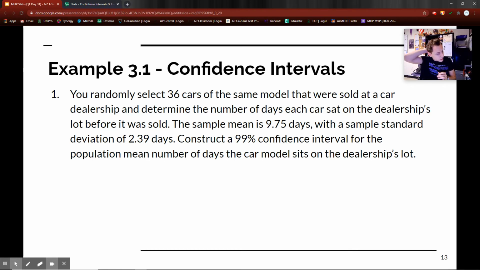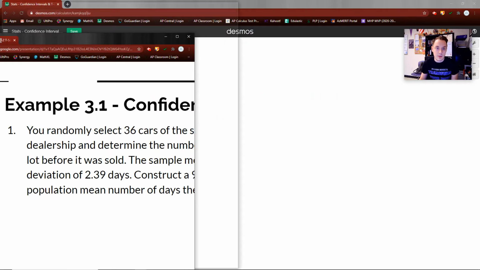Okay? So you randomly select 36 cars of the same model that were sold at a car dealership and determine the number of days each car sat on the dealership's lot before it was sold. The sample mean is 9.75 days. Actually, before we get this, let me split this up so that we can,